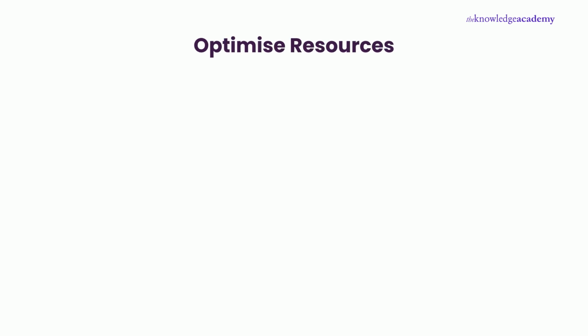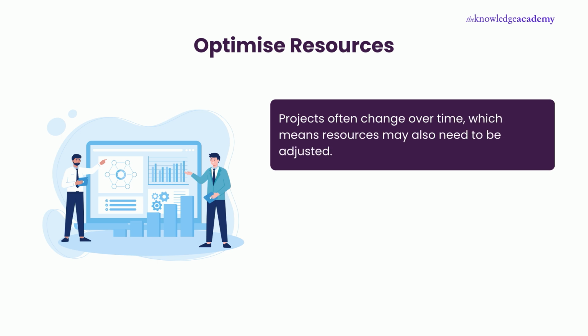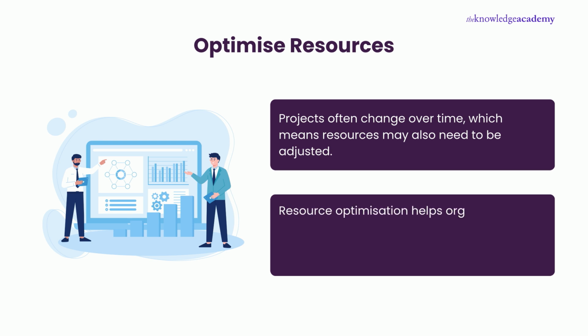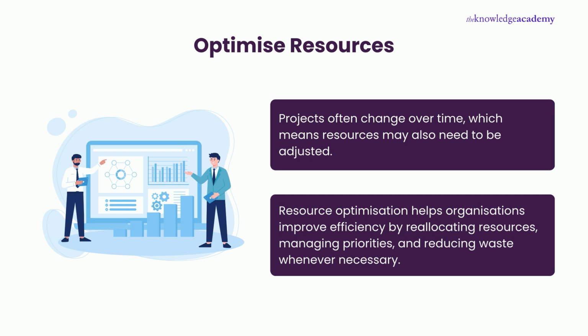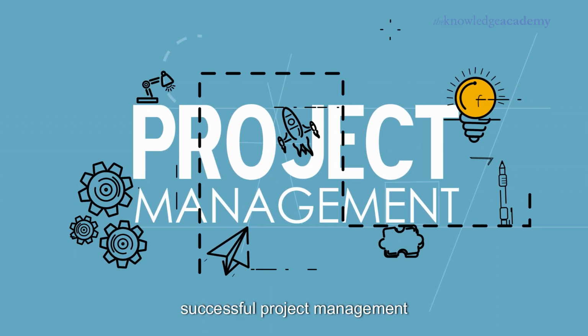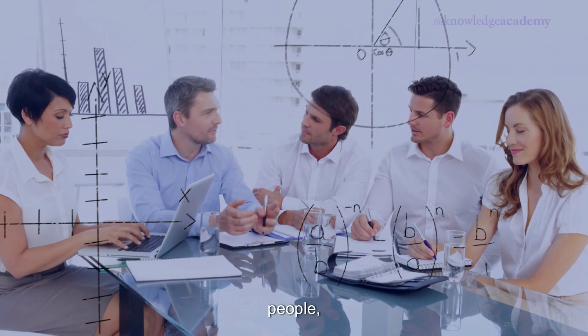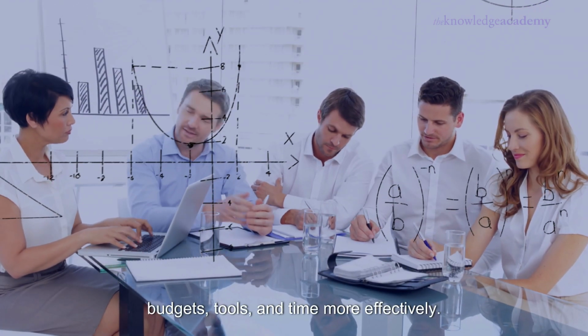Step 4. Optimize resources. Projects often change over time, which means resources may also need to be adjusted. Resource optimization helps organizations improve efficiency by reallocating resources, managing priorities, and reducing waste whenever necessary. Resource planning is a critical part of successful project management because it helps organizations manage people, budgets, tools, and time